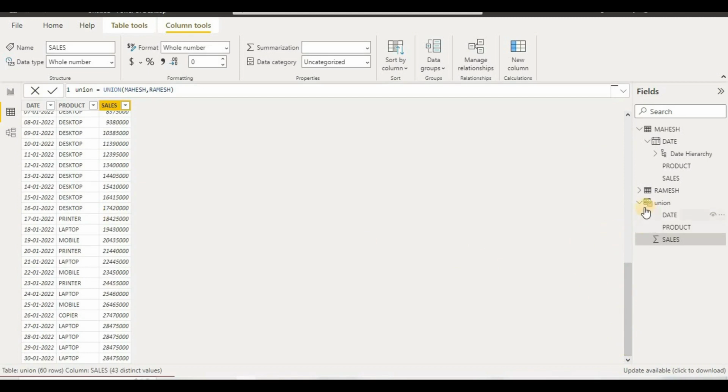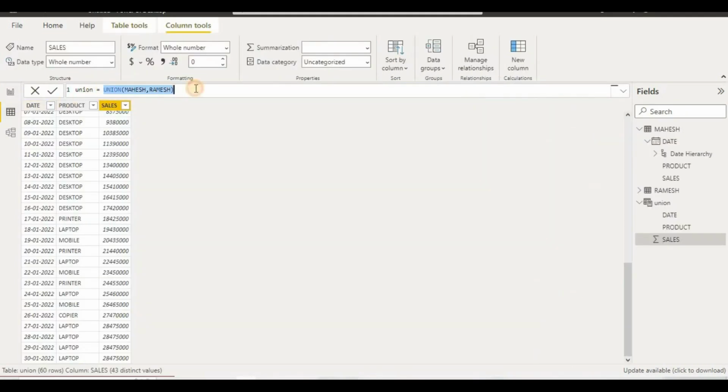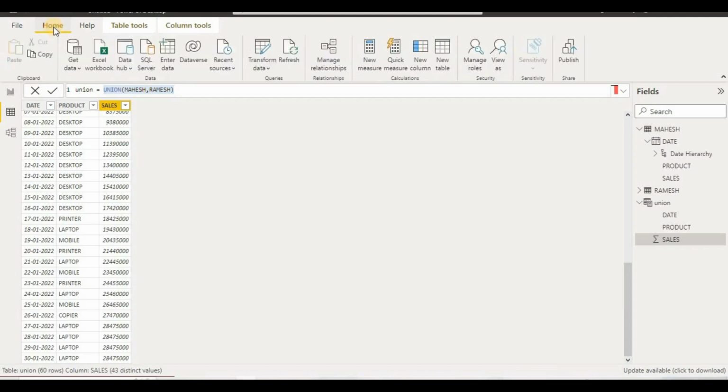Now if we want to find the distincts, which are not common, where common means all three columns here, all three rows here, how can we do that? I will create a new function. I will copy this and create a new table. You can either create a new table or something; I will go to Home, and from there go to New Table,